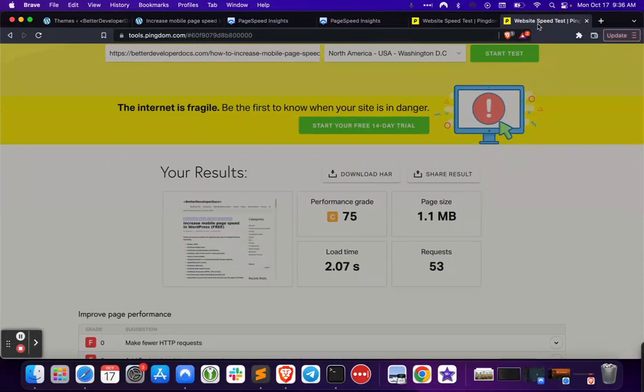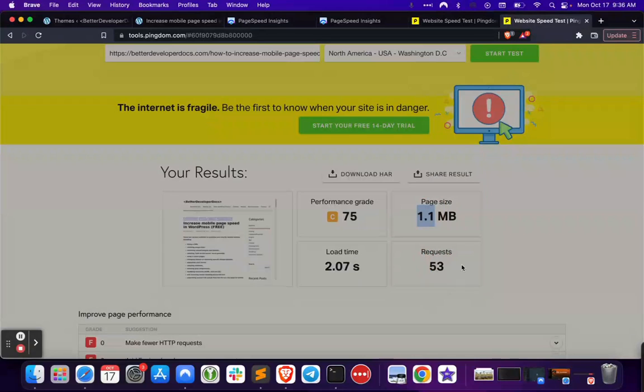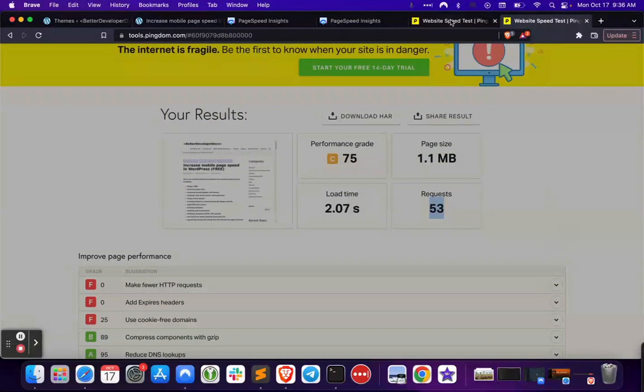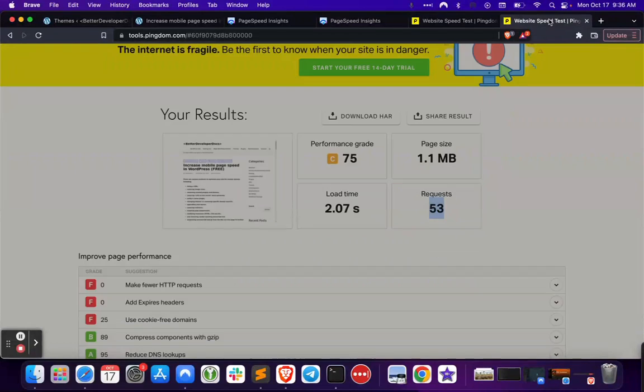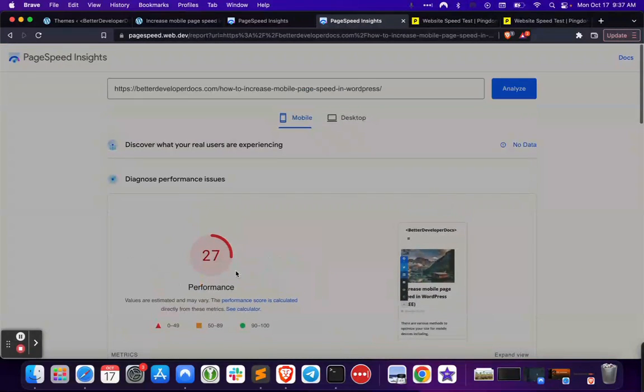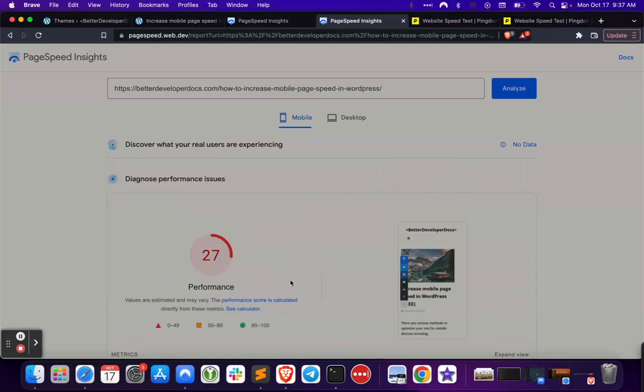However, when we go over to the Pingdom results, we can see that our page weight has decreased slightly from 1.2 to 1.1, and our number of requests has lowered as well by 5. So every little bit helps. We saw a slight improvement in page load time. However, I actually don't worry too much about this timing, because this will vary from test to test, and I'm not too worried that this is still 27 out of 100, because we've got further improvements to make,